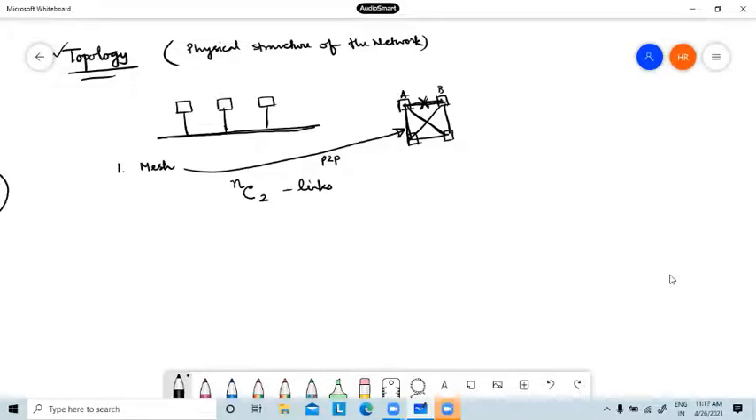The thing that we are discussing is the physical structure or geographical structure of a network: how the network looks after connecting all the devices through some medium, a wire or wired connection. The basic network topology that we used is called the mesh topology, where each and every device is connected with